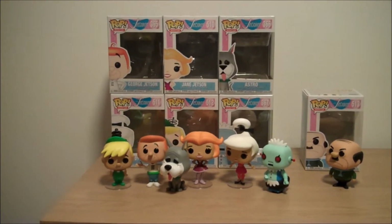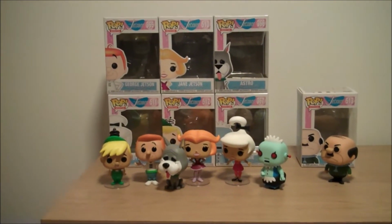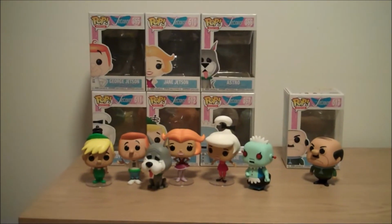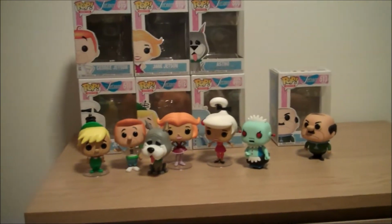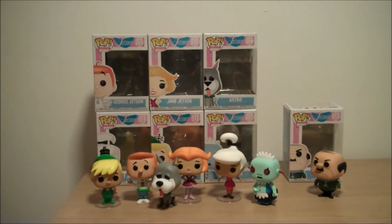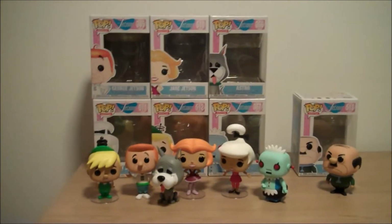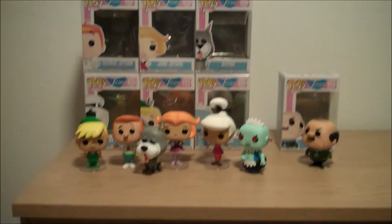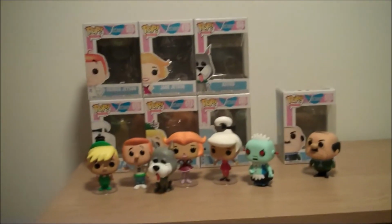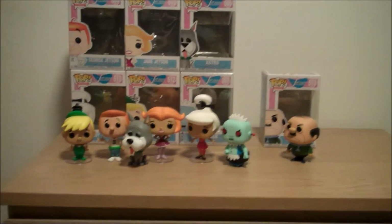Ladies and gentlemen, may I present to you the first family of the future, and in my opinion, the greatest animated TV family of all time, Hanna-Barbera's creation, The Jetsons. I have always been the biggest Jetsons fan, and when I found out about how popular Hanna-Barbera was to the current CEO of Funko, Brian Mariotti, especially him being a massive Huckleberry Hound fan, I was wondering when there were going to be Jetsons Pops, and believe me, when I started collecting in 2013, you better believe that I was